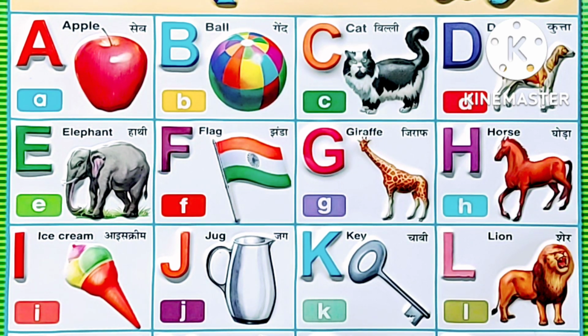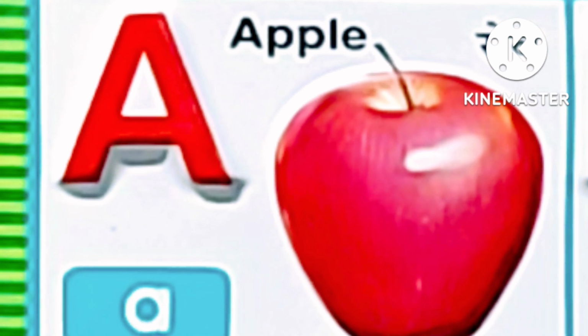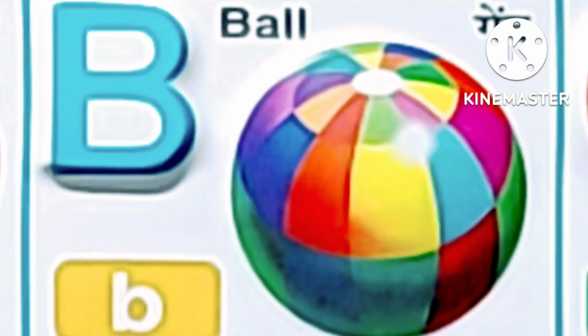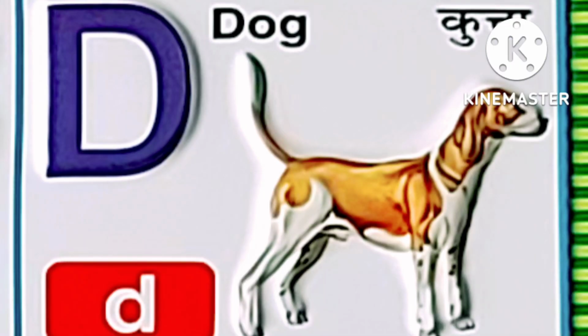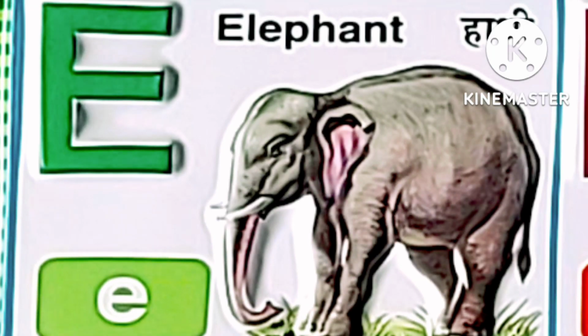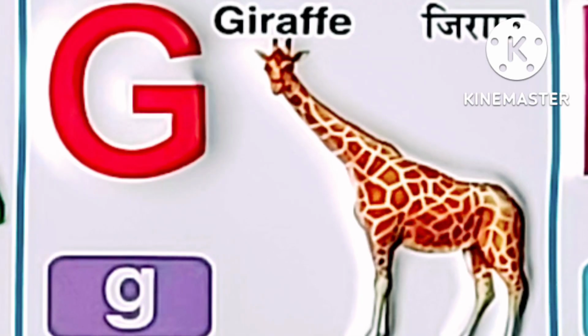Come, little children, let's know the English alphabet. Let's start. A for apple, B for ball, C for cat, D for dog, E for elephant, F for flag,